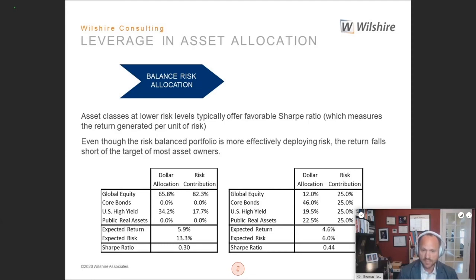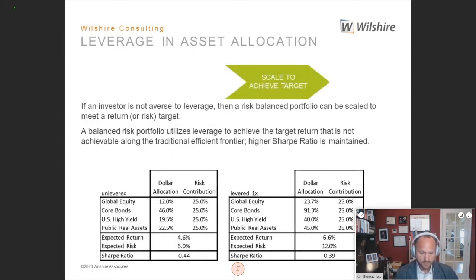The Sharpe ratio is materially higher at 0.44, but it doesn't get anywhere close to most investors' return hurdles at 4.6%. So we move to page 45, and you think about leverage and asset allocation. What this effectively illustrates is that for those investors who are not averse to leverage, a more risk-balanced portfolio can be scaled by utilizing total fund leverage to increase the expected return to get closer to that target return threshold